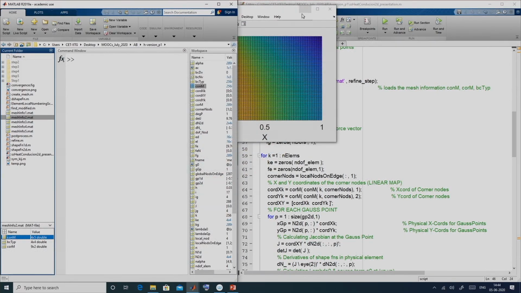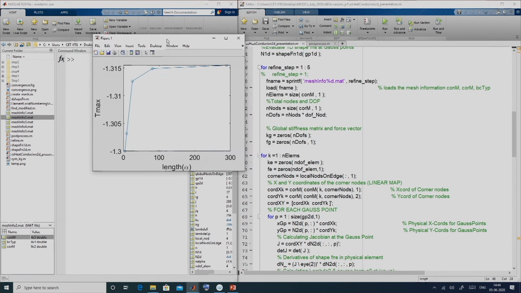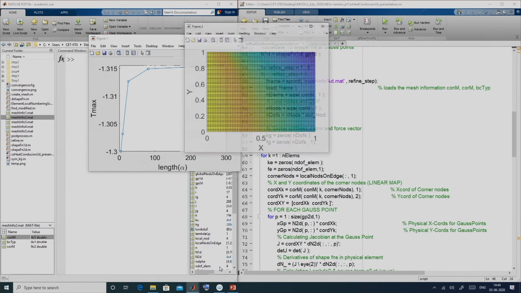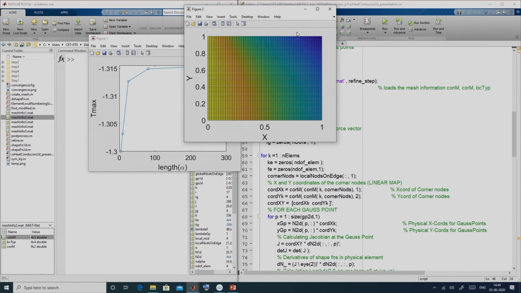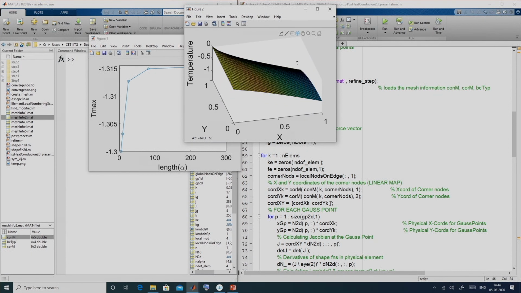Now if I look at the first figure, that is what is most important, the maximum temperature, that is the magnitude, okay, which happened to be in the right upper corner. Okay. So let me show you this. So that happened in the right upper corner. So this is the maximum change, okay, here.